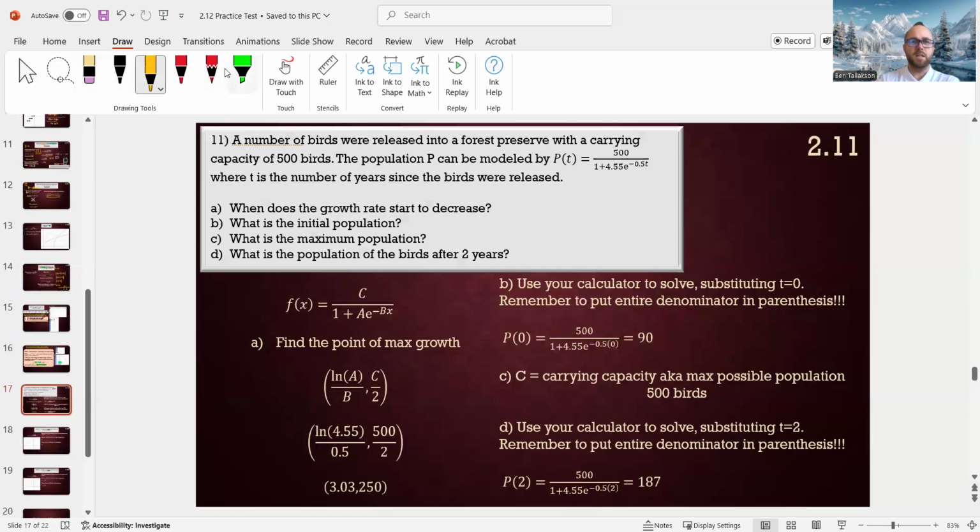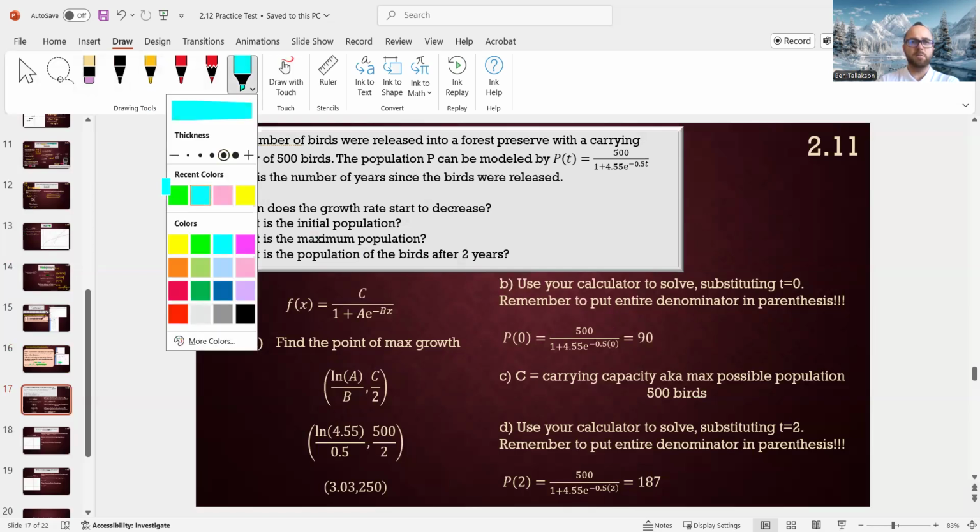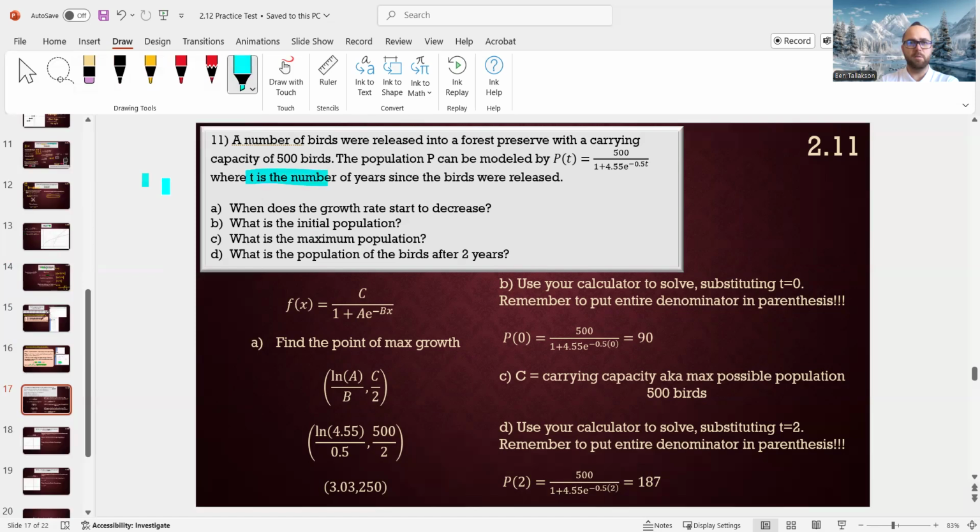where T is, let's highlight that because that's going to be very useful. T is the number of years since the birds were released. In other words, we can put in different values for T to figure out what the population looks like after so many years. And with that said, we have 4 questions to answer, starting with, when does the growth rate